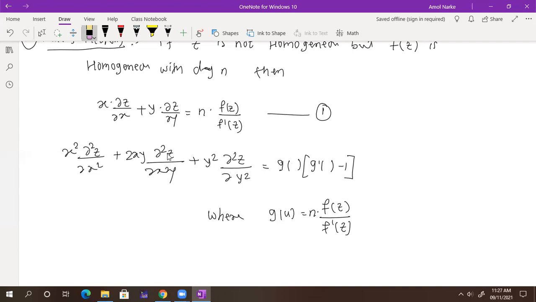I have no habit to write u as a function. But here if I take z as a function, you will get g of z and g dash of z in terms of z. Got it? n into f of z divided by f dash of z, whatever this value is, is nothing but your g of z. You again take the derivative and minus 1, and you will get the answer of this function. So these two important theorems give us a differential operator of order 1 and order 2. These are the standard things.